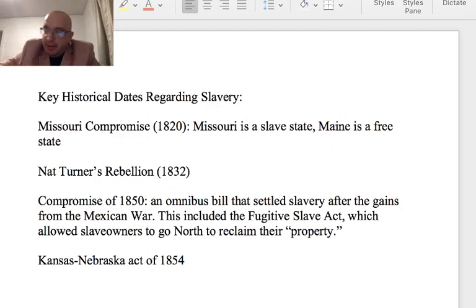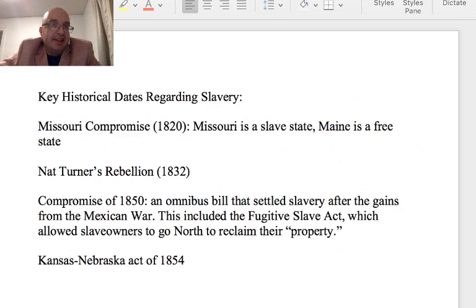Nat Turner's rebellion put a little bit of fear in the slave owners that, hey, this can happen at any time, so we have to be vigilant. But as the century progressed, we went into the Mexican War and gained a lot of territory from Mexico, so states like Texas, moving on to California. And we had to come up with this kind of balancing act, and it just kept getting worse and worse,